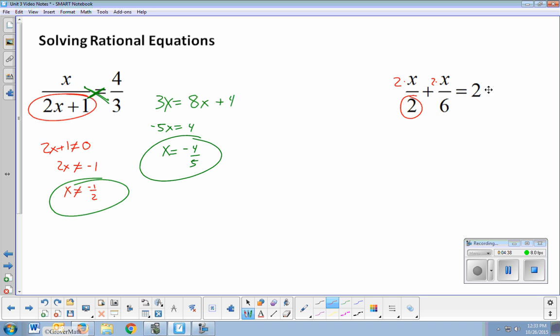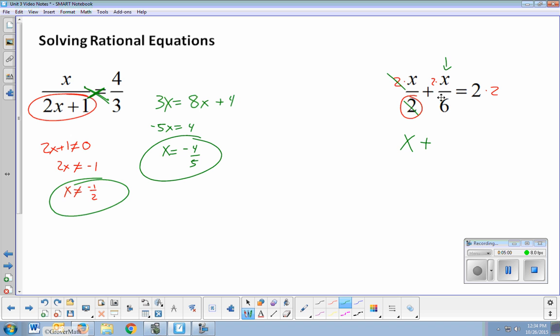So I multiply everything by 2. What's the result? Well, the term that I'm multiplying by 2 simplifies that denominator right there, and all I'm left with is x plus. The second fraction here is 2 times x divided by 6. I could write that as 2x over 6